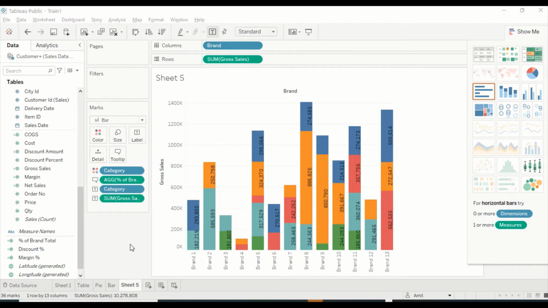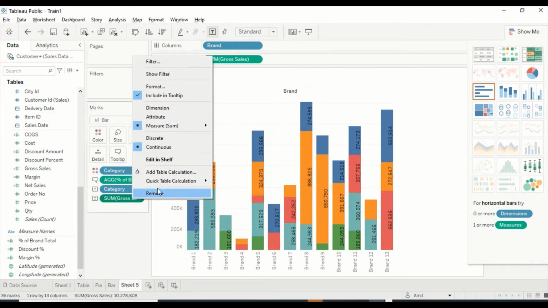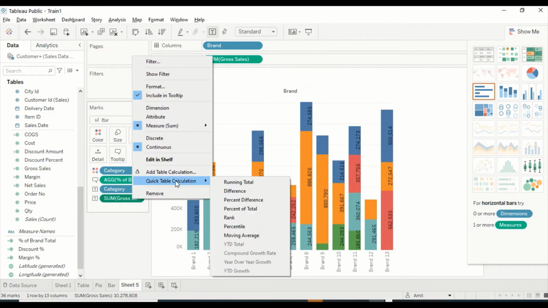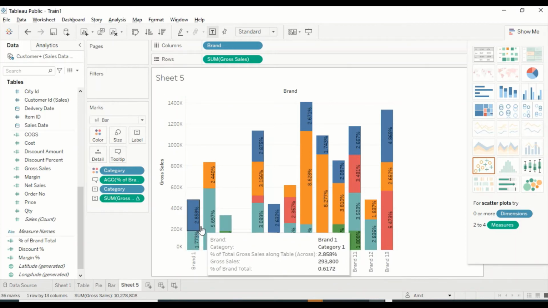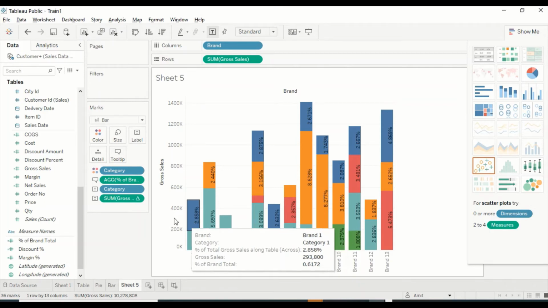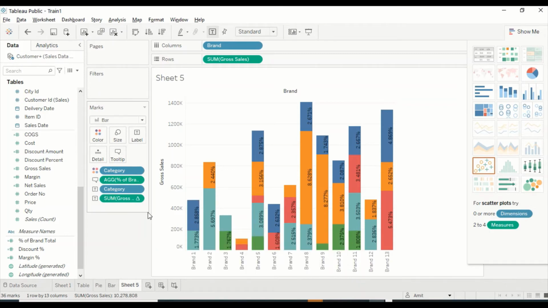Now let's go ahead and do a few more things. One more thing we can do is right click here and say percent of total, and we will start doing this as percent, but this is percentage of grand total, not percentage of total. For percentage of total, I'll also show you ways. There could be more ways available. We'll show you one of the ways. Okay, so we have this visual now with the percentage of total.